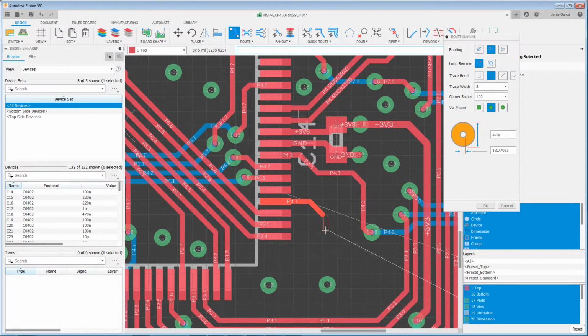Now the newer way that's a bit more efficient is you can use a spacebar. So if you hit spacebar, you'll see the via shows up on the end. I can place it wherever I want, and then I can continue routing. A couple of interesting things in this mode. If you press the spacebar, okay,